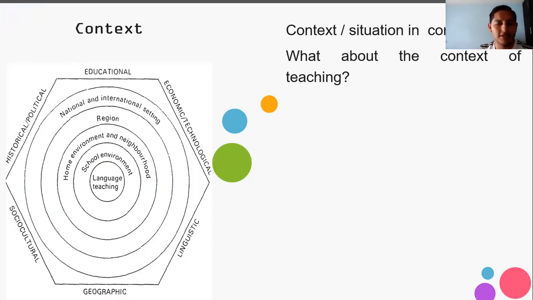And what about context for educational planning? Well, for educational planning, we have the following figure that summarizes the elements around the context for planning. One of them is the geographic, where we can find territories, variations of the language, varieties, and what we explore in the course with the sociocultural approach with sociolinguistics. You have the historical and political, which has to do with language policies and our background as a society. The educational one, which is about the specific language policies for education, for schooling,